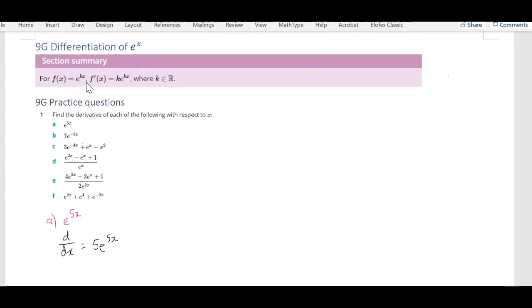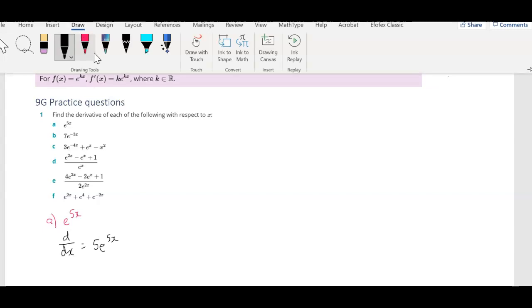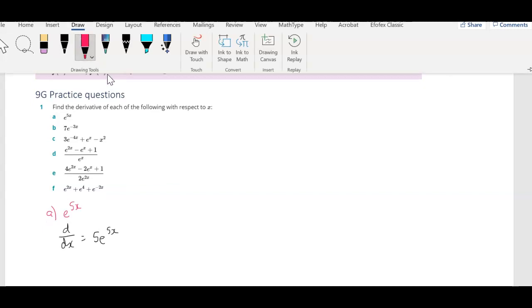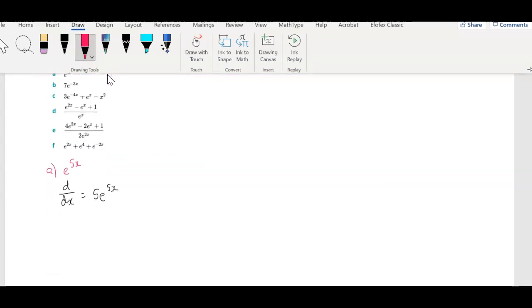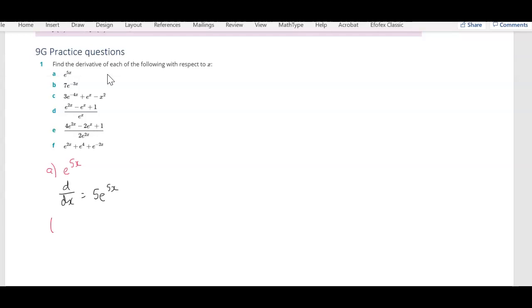So if we just have a look back up at our purple box, you can see that for your derivative, all we do is take that coefficient of x and multiply that by e, but that power stays the same. All right, now looking at D and E, you can see they're fractions, but we can just write that denominator as a negative power. So we've got e to the power of 2x,